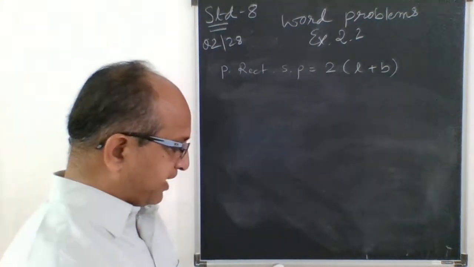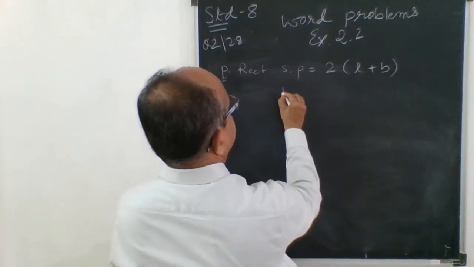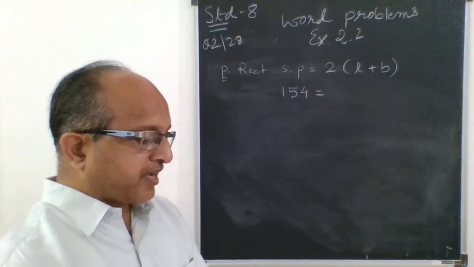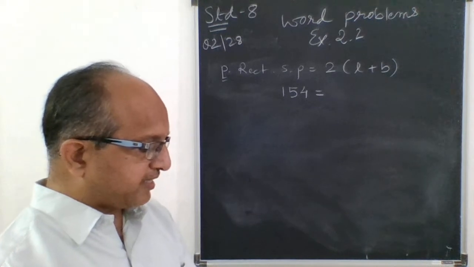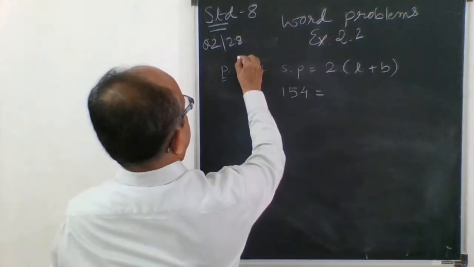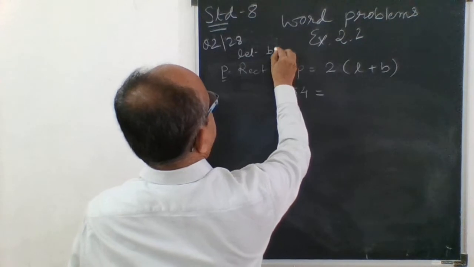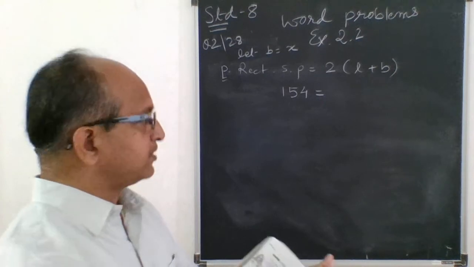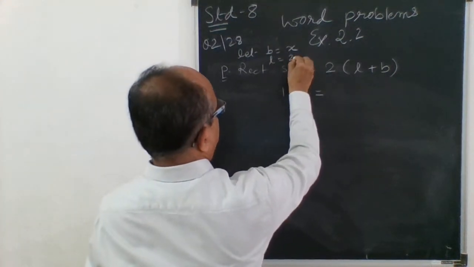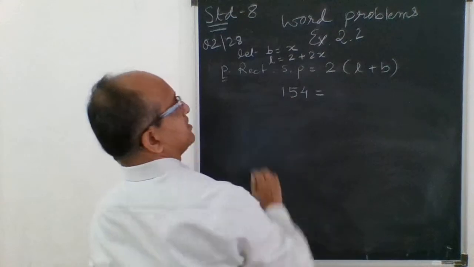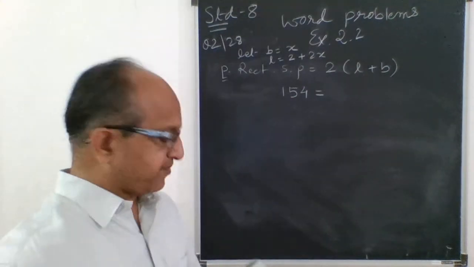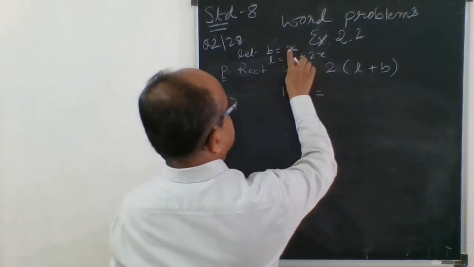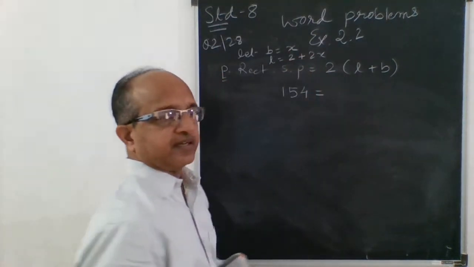So now here that perimeter is given. So this is perimeter. Below that we will write perimeter. Understand that. If the length is 2 meter more than twice the breadth, so let B is equal to x. The length is what? 2 meter more than twice the breadth. More means plus. And twice, that is 2x. Understand? So this is breadth and this is the length.